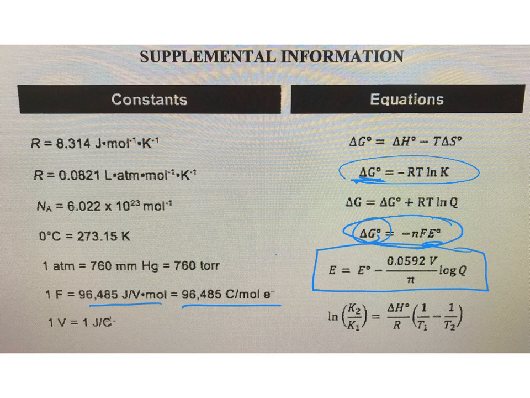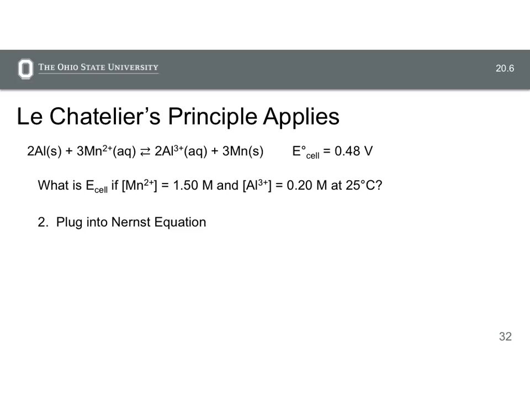Chapters 19 and 20 are kind of fun because they seem very different in terms of their concepts, but they actually tie in really well together. So you're thinking a lot about Gibbs free energy when you're working with electrochemistry, because we're going to take the electrical potential that we generate in galvanic cells and put it to work, which is going to be our free energy. When you're working at non-standard conditions,